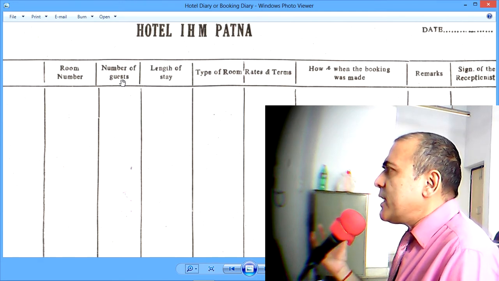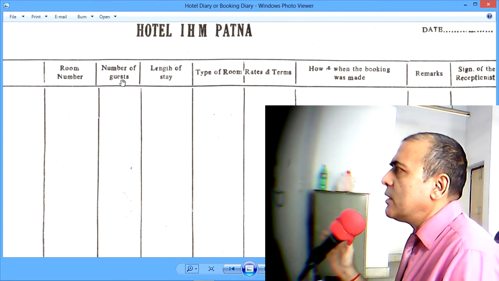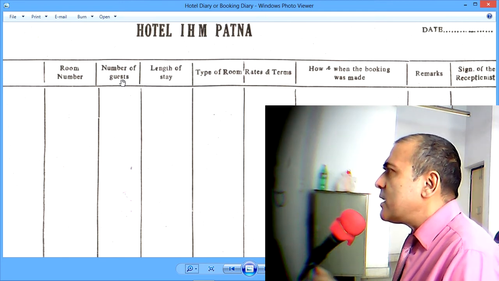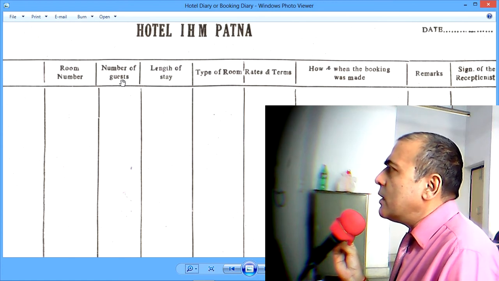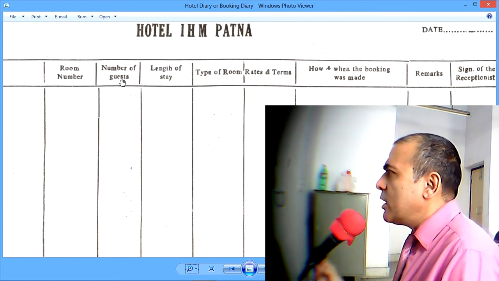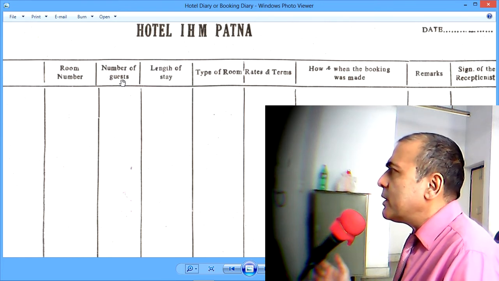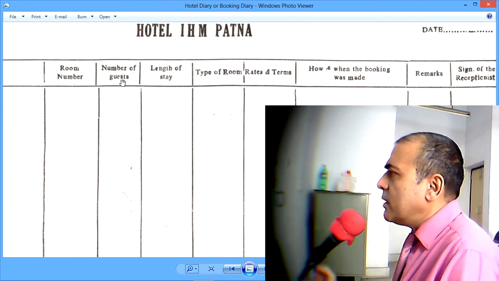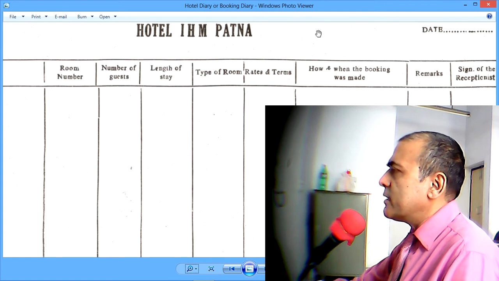They will pretend as if they are simple visitors. They will come and stay for a few hours and then they are supposed to check out. But they do not check out and they stay through the whole night. And this results in a loss of revenue to the hotel. And these people who enter a room without the hotel's knowledge, without the hotel's permission, number one, they are illegal. They could be criminals. They could be using the hotel for malafide purposes. And therefore, this detail here, number of guests, is very important. And we must be very careful in filling this.